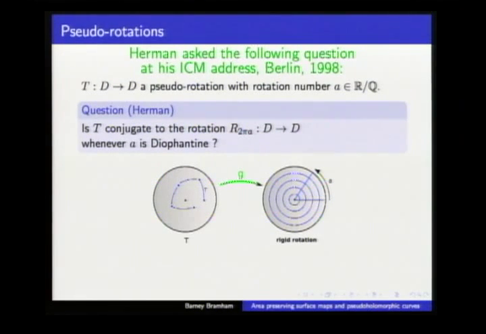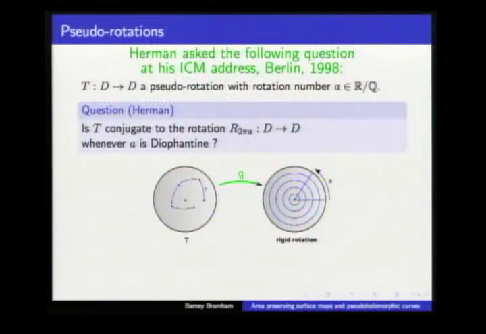So then, in particular, of course, if this question were true, you'd have to have a filling of the whole space by invariant circles. So you've got this thing on the left where every orbit has the same average rotation number, and it's area-preserving, and other than that, you know very little. And you'd like to show that under the Diophantine condition on this rotation number, you can fill up the whole space by invariant circles. That would at least be a start towards being conjugate to a rotation. So if this were true, it would certainly be sharp. Of course, partly because it's not true for Liouville numbers just on the boundary, but also because